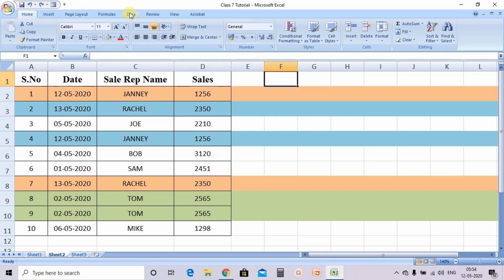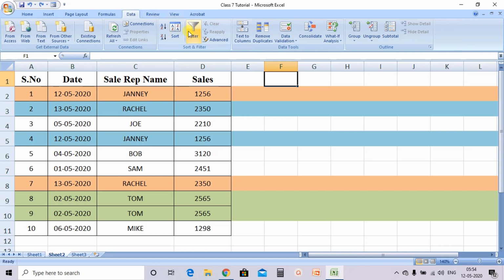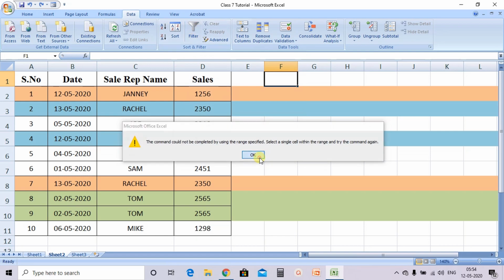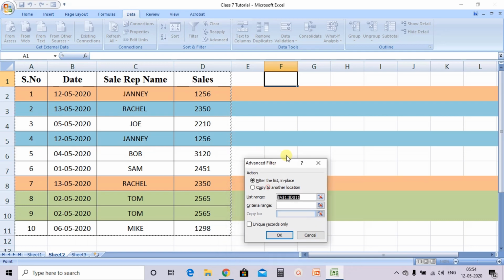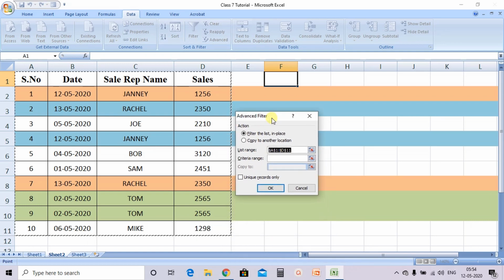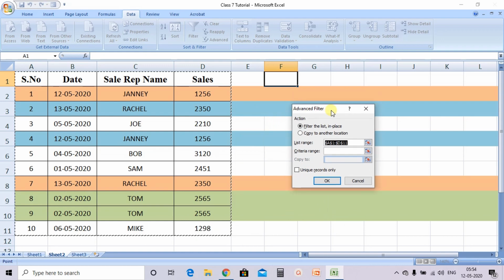Go to the data tab. In the sort and filter, you will see a filter that is the same you have used. Now see, there is an advanced filter. Click on the option advanced, it will give you a dialog box like this.